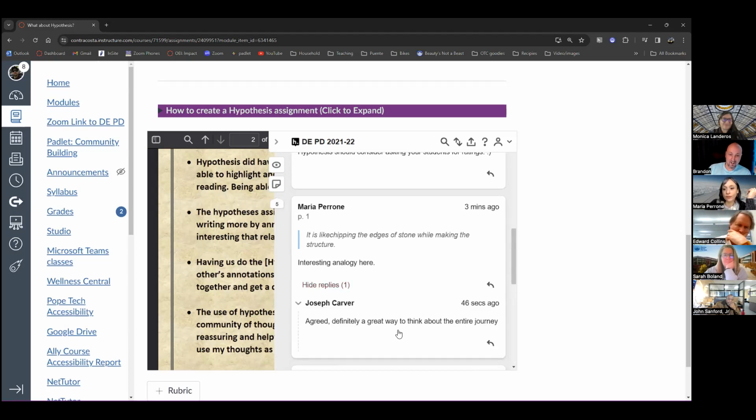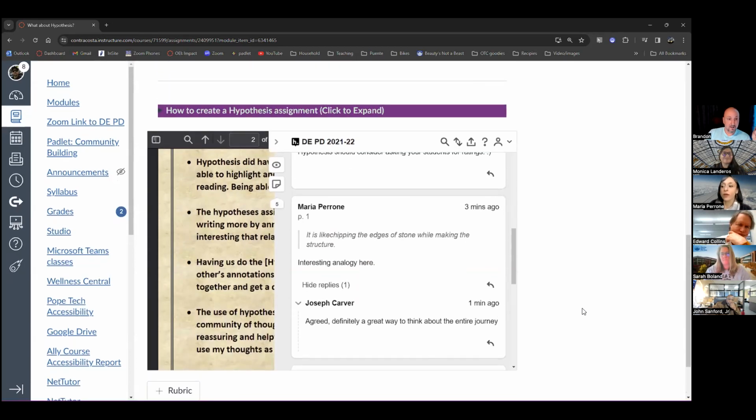And then you can always go back and check back with them. I'm always in the process of trying to get Hypothesis to use @mentions so that you can get notified if somebody mentions you. Right now, they don't do that, but I am always asking for it. I don't know what's going on with that, but it's not here yet, not that I'm aware of.